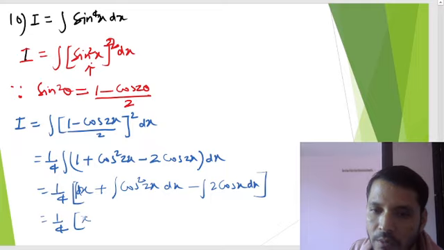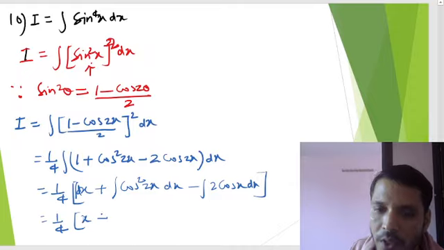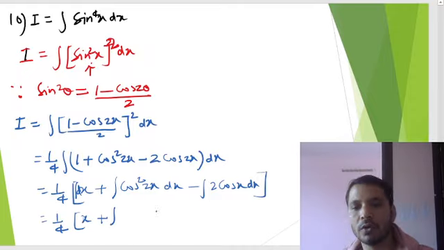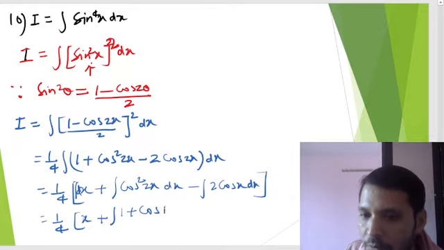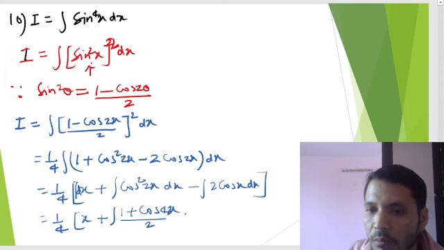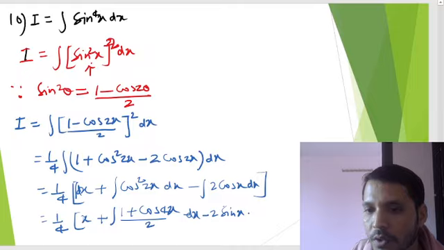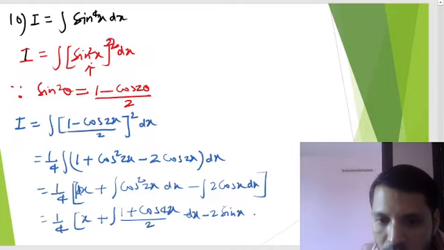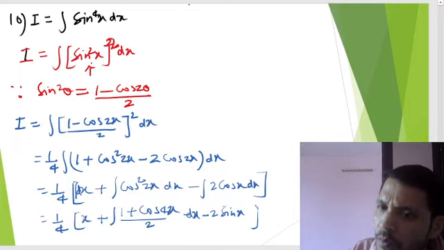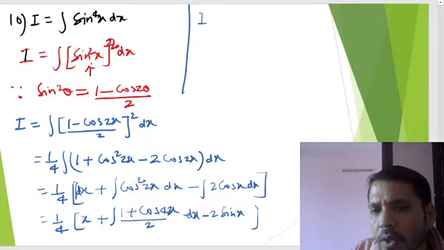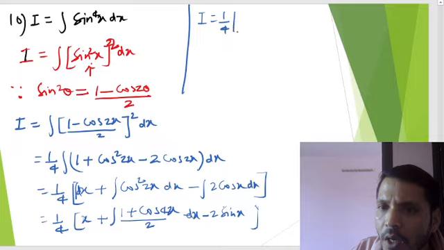Now what we can do, this 1 by 4 as it is, and in this step directly the integration will become x for the first part dx, and here we have to apply the formula for cos square. So cos square is equal to what? 1 plus cos of the double angle, that means 4x, divided by 2, and here dx will come, and then minus 2 outside, and integration of cos 2x is sine 2x by 2. So this is the integration of this part, bracket close. But now we have these middle terms, we will simplify it here.